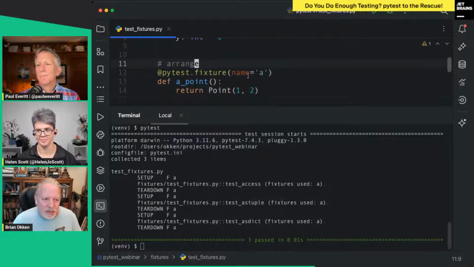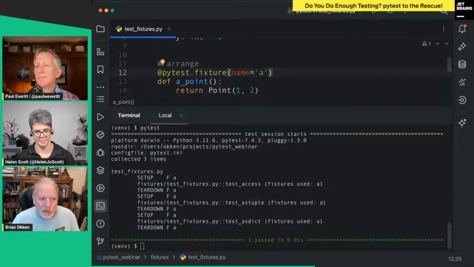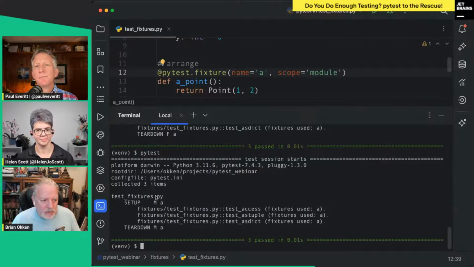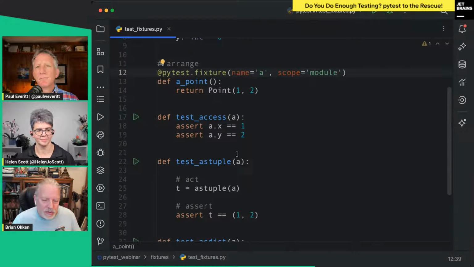But since we're not modifying it at all, we can save time a little bit by running it once, and we can run it once by saying scope equals module or anything larger. And now when we run it, it runs once at the beginning, and then we run all our tests. Each of these tests gets the value that it returns, but then we do the teardown at the